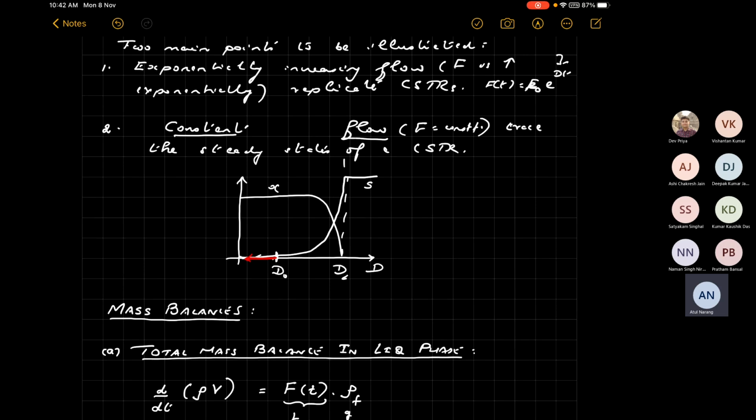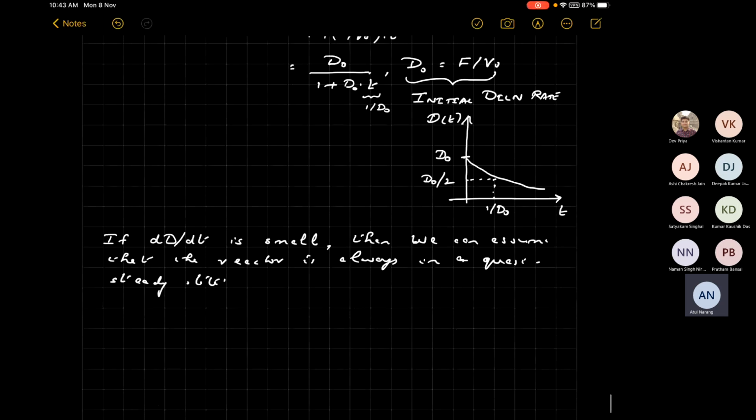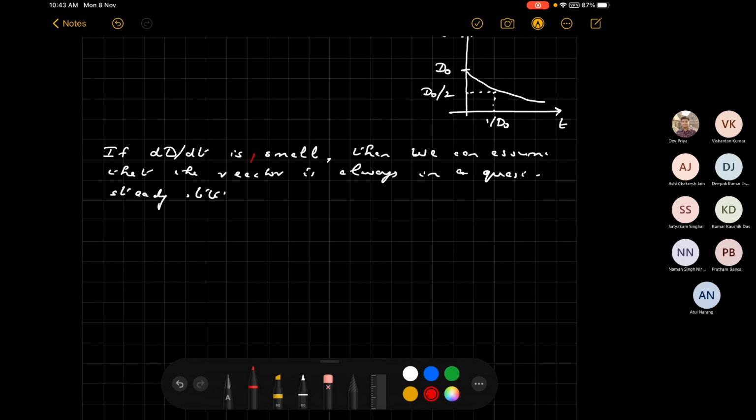And it will essentially replicate the steady states that you would have observed in a chemostat, where you are seeing real steady states. So these steady states that you observe when you are changing D very, very slowly are called quasi steady states, almost like a steady state, because you're changing it so slowly that the system gets to adjust to it. So if the change is sufficiently small, then we can assume that the reactor is always in a quasi steady state, and therefore,